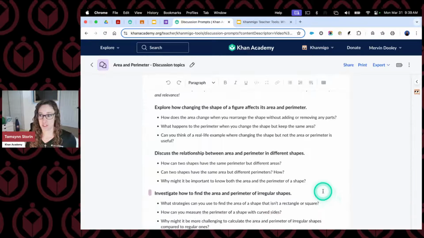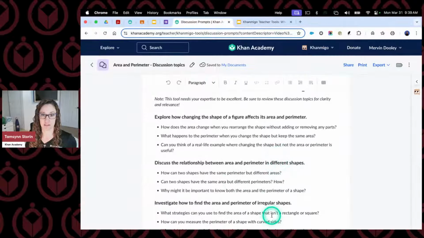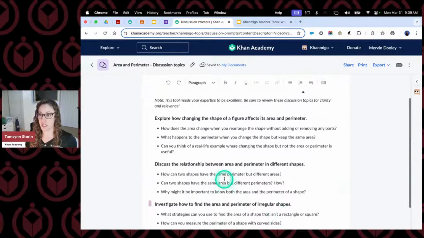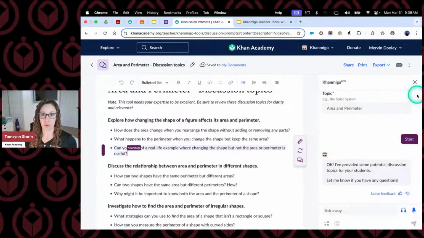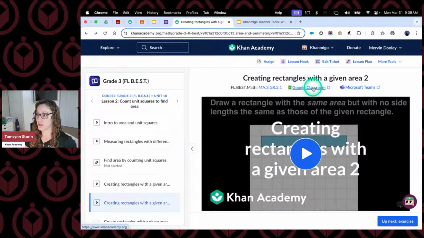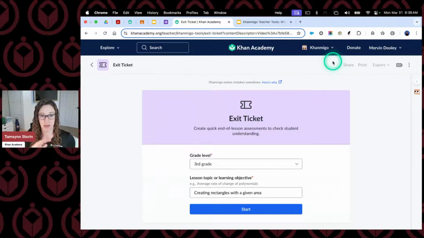And the nice feature is that it's going to give you a bunch of different options. Okay. So if you don't like this section, you might like this section. But again, you see, you always have this little purple bar where you can go over here and adjust accordingly, or you can open up Khanmigo on the side and chat with Khanmigo about it. I'm going to hit the back button so I can get back to my video. Another thing I can go back and create is an exit ticket. These are all automatically saved into your documents.